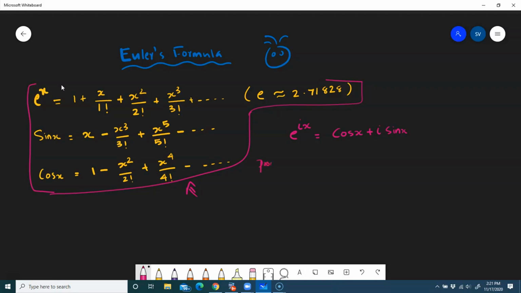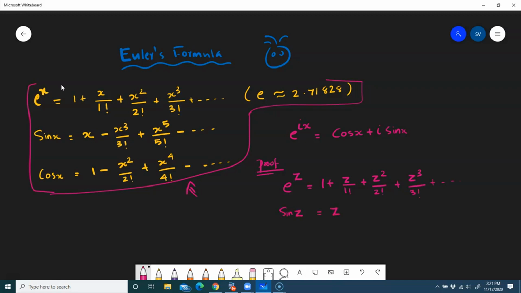We can start the proof here. e raised to z is equal to, just replacing x with z, 1 plus z by 1 factorial plus z square by 2 factorial plus z cube by 3 factorial plus etc. And sin z